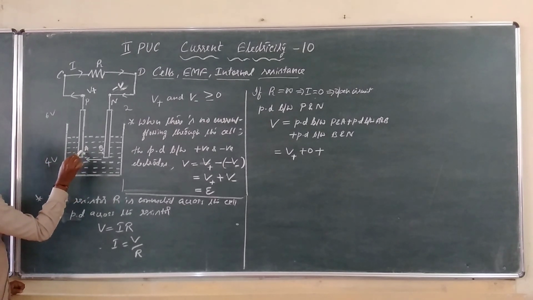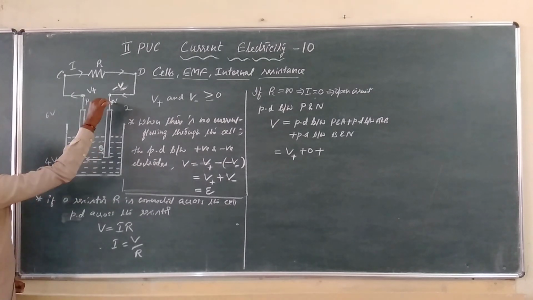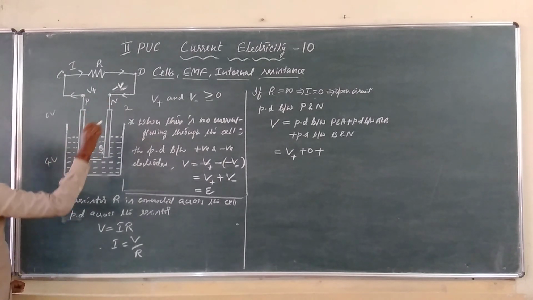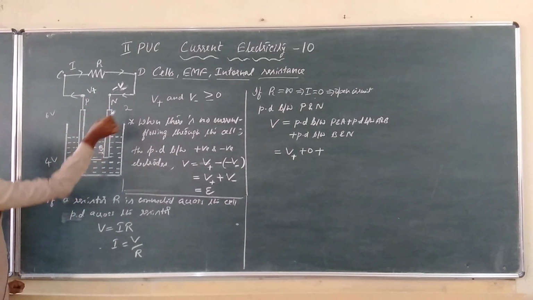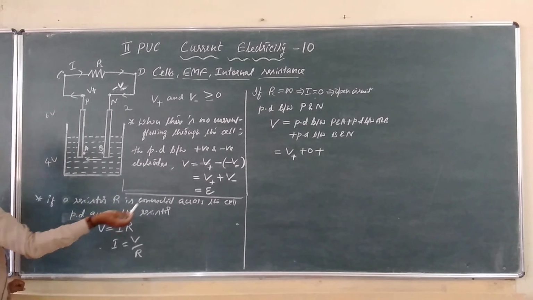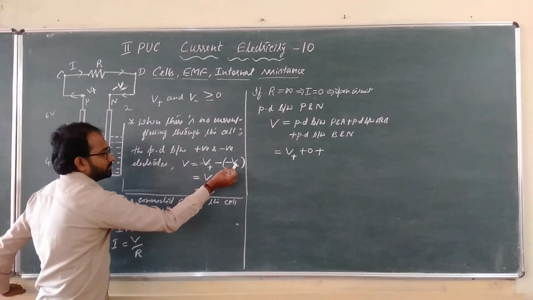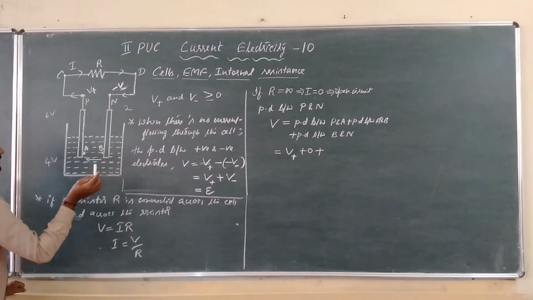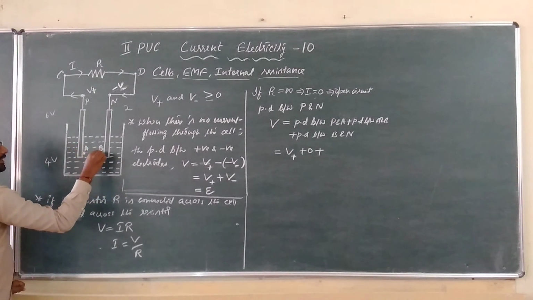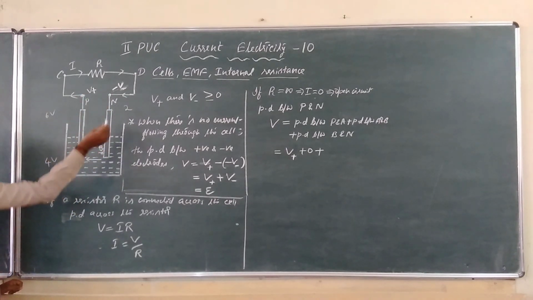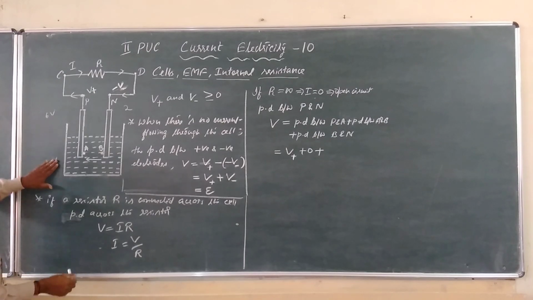So the potential difference between A and B is 0, there is no current. The potential difference between B and N, that is 4 minus 2, is 2. What is the potential difference between N and B? The potential of this negative electrode with respect to B is 2 minus 4, that is minus 2. That we have written here, minus V minus. Now I am calculating the potential at point B with respect to N, that is the potential difference between B and N, that is 4 minus 2, that is plus 2, right?